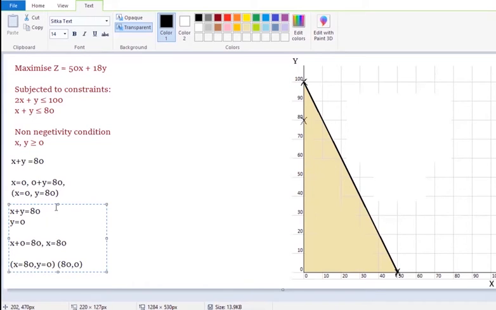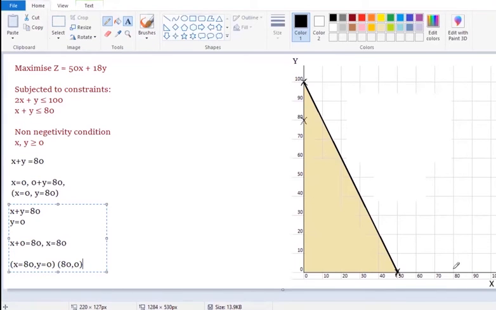So where does this 80 comma 0 come? So this is 80 comma 0. I am going to put a cross here. 80, 0 is here. In the x-axis 80, y-axis 0. So I have crossed 80, 0 here. So now I have got 2 points. So with these 2 points, I can draw the second line. I'm going to draw the second line.